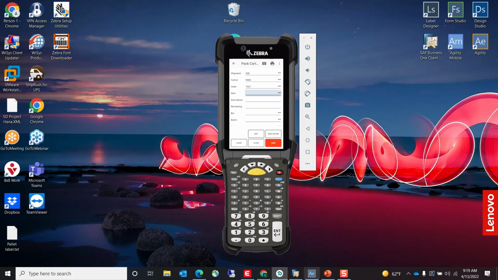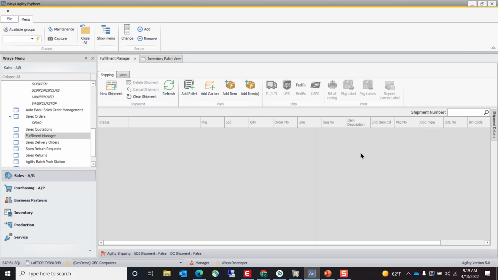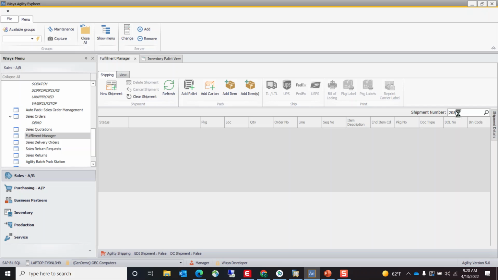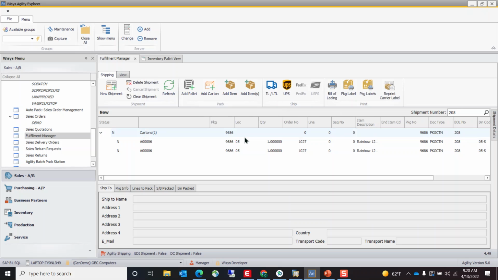We're going to jump over to Agility Explorer here and take a look at two Agility grids that are going to show us our shipment and our carton. So first, in Fulfillment Manager, we're going to jump in and search our new shipment 208. And as we can see, it is going to be added with that carton 9686. There's two lines on it because those items have different serial numbers, one of each item, A00006, and it's associated